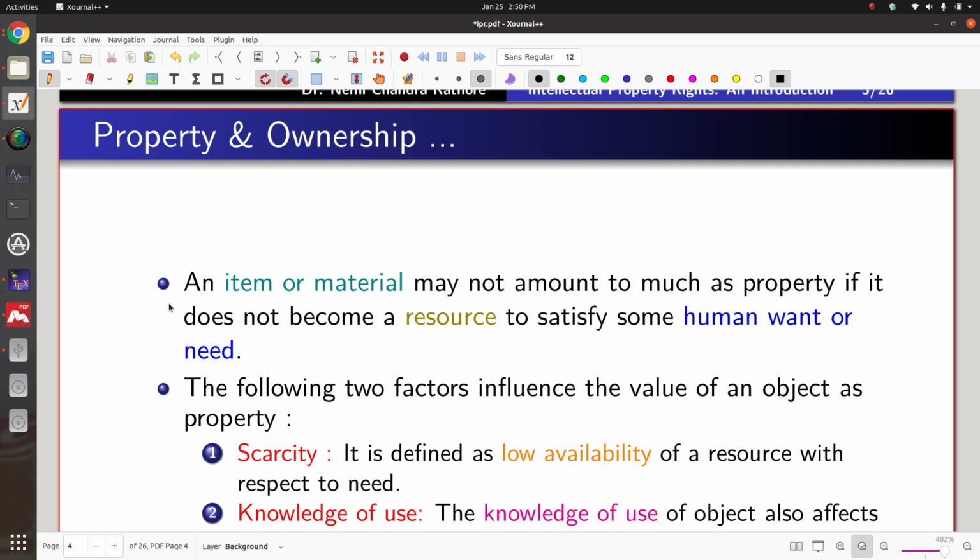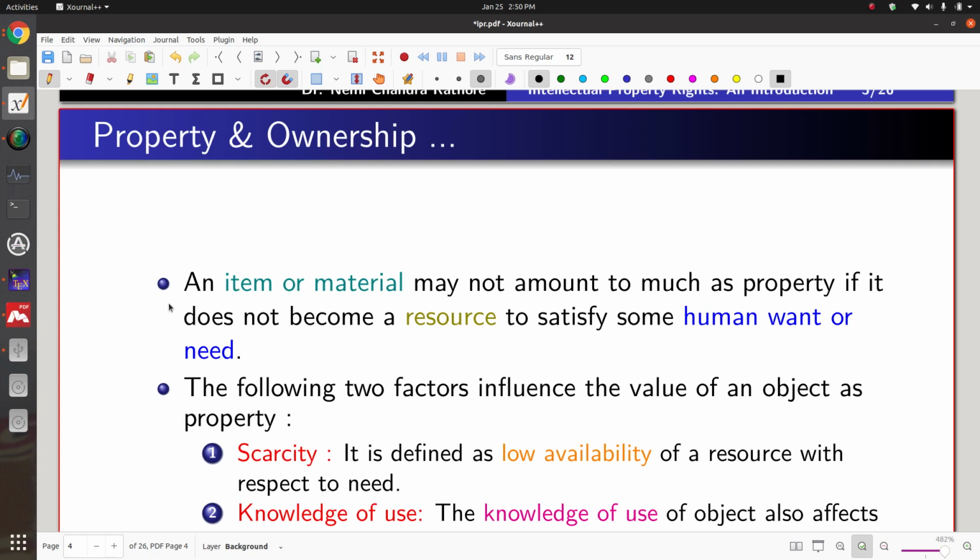So for example, suppose there is an insect that may not be useful for you, or sometimes it happens that there may be some object or thing available around you, but you do not know the use of that, so nobody will possess it as property. Nobody would want to keep it as property. You might have heard that for sannyasis, diamonds and jewels mean nothing to them, they do not have any kind